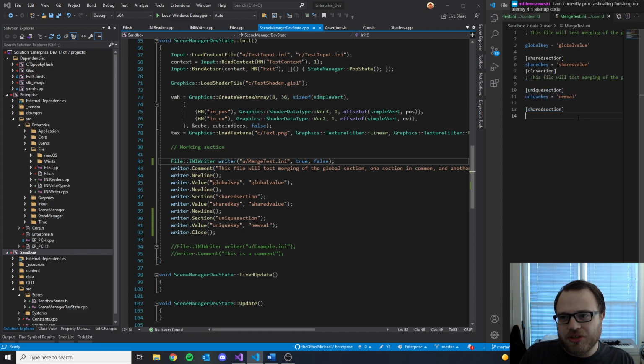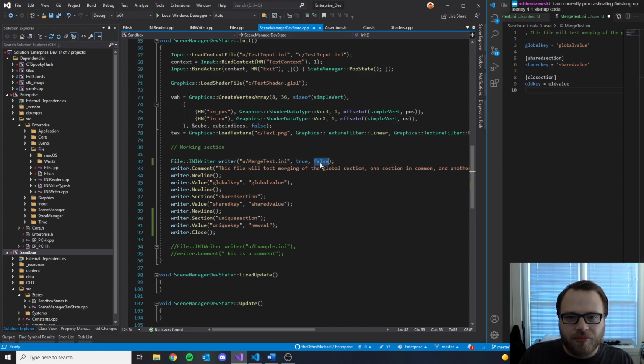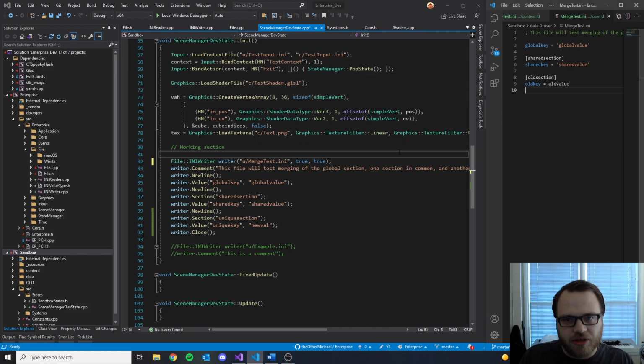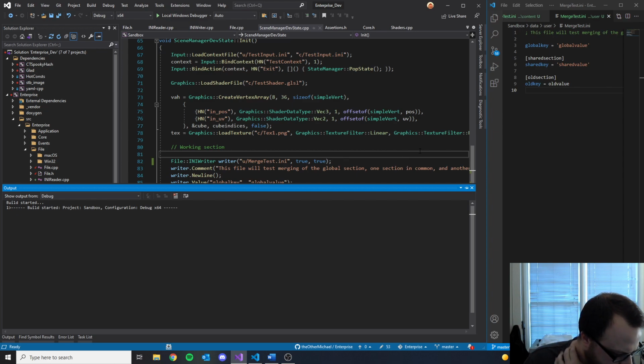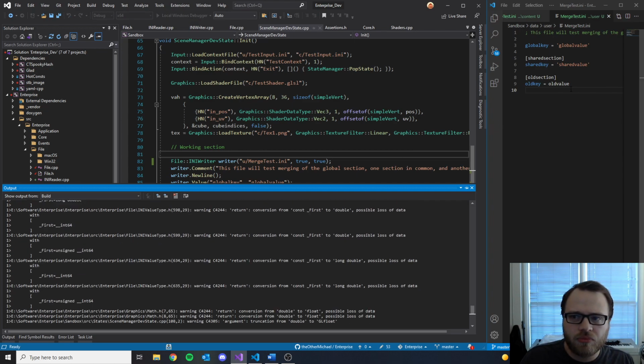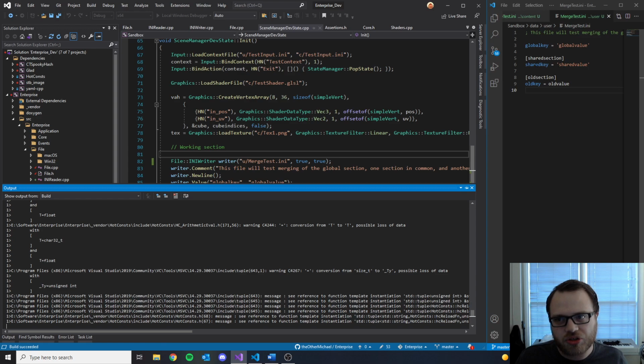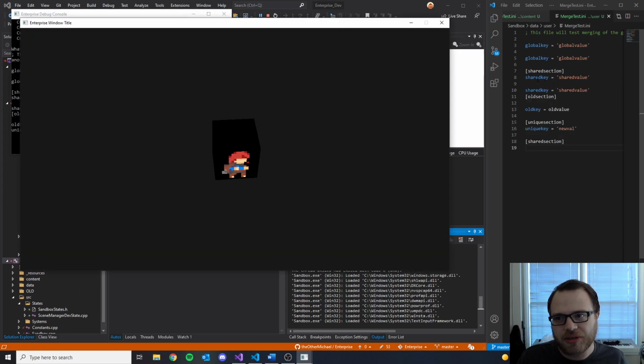But yeah, it's like resorting, and then the shared section, it's got a second header for some reason. And then if I was to merge everything, what's supposed to happen in this scenario, if I run it, is that it should be overwriting the keys, but I'm getting duplicate keys. So